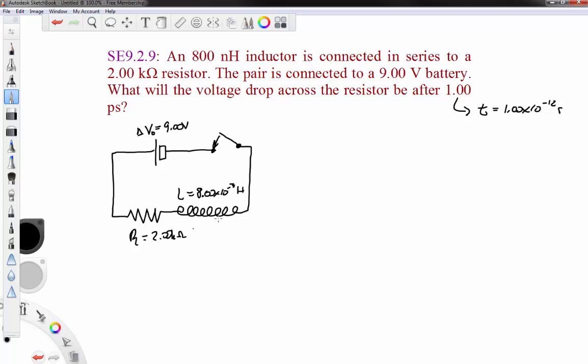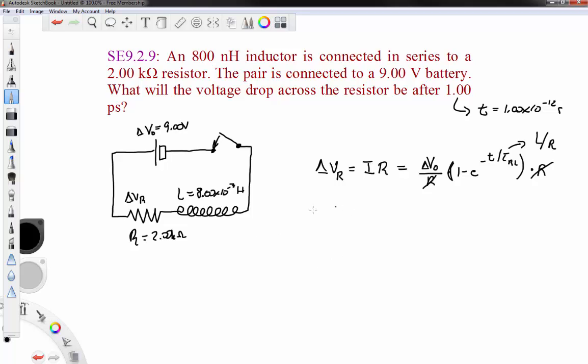So recall that we're looking for delta V sub R. The voltage drop delta V sub R is I times R, and I is I of t, so basically we have delta V naught over R times 1 minus e to the negative t over tau RL, and then that's times R. You can see that these two resistances should cancel. And recall that this time constant is the inductance over the resistance. So that means the voltage drop at this time is the maximum voltage drop possible, the 9.00 volts,